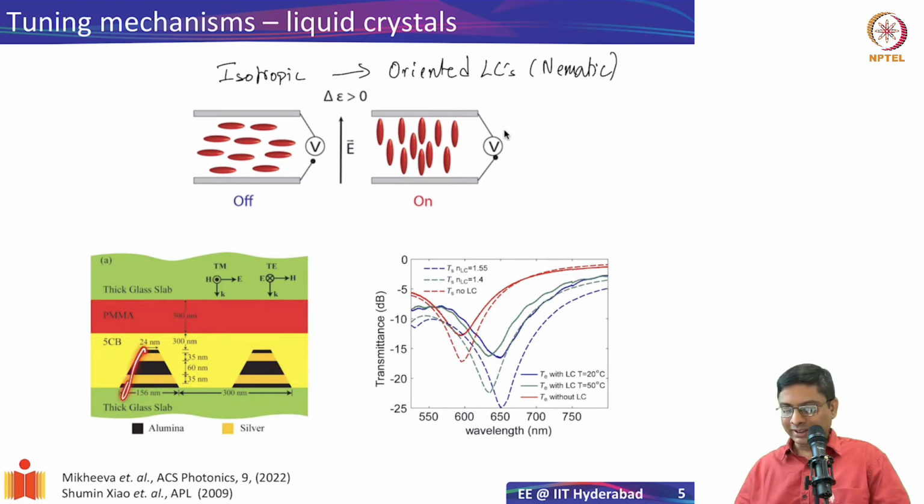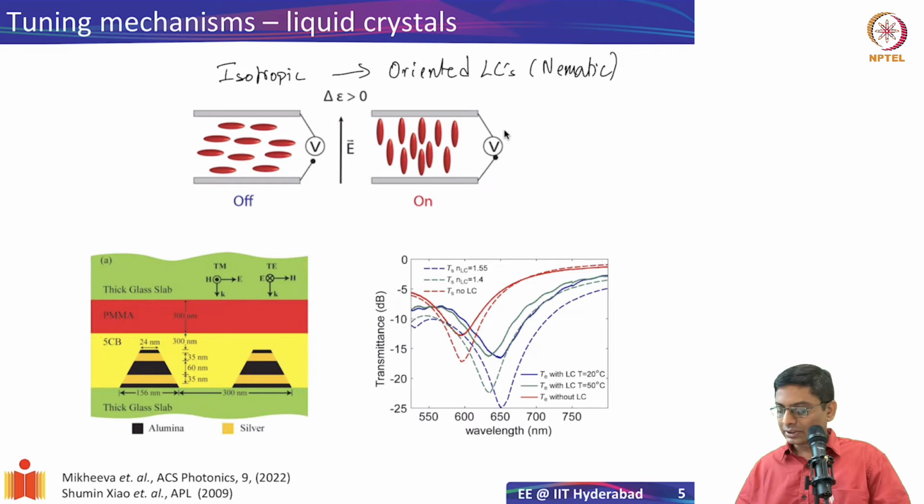So you have these magnetic strips, and if you cover them with a liquid crystal, this 5CB is a type of liquid crystal, and then heat it, and we can observe the response. So the experimental data is shown here. Without liquid crystal, there is a curve, and then there is simulation and experiment as well. Basically you see that the moment I apply a liquid crystal, the resonance shifts because the surrounding environment has changed,